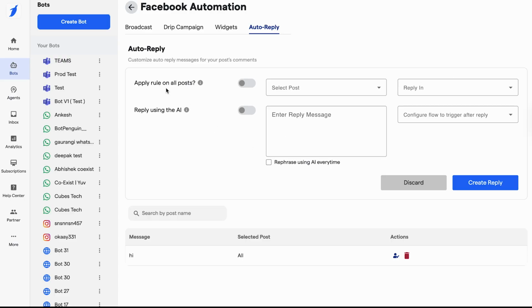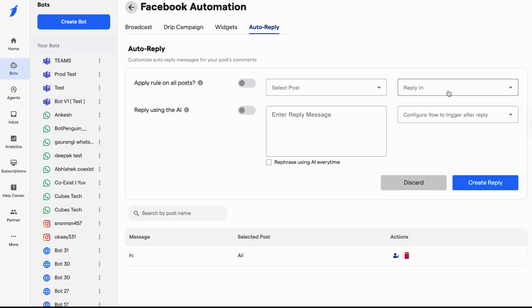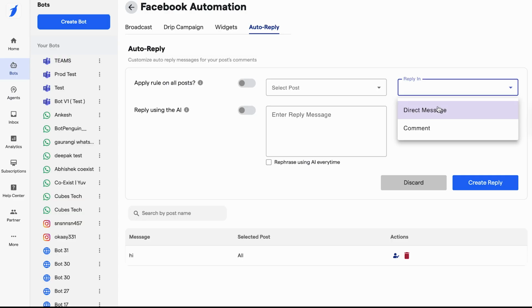So, apply rule on all posts. If you turn this on, the rule will be applied to all the posts, and if you turn it off, you get an option to select a specific post as per your page configuration. The next option is reply in, where you can reply with a direct message, or you can